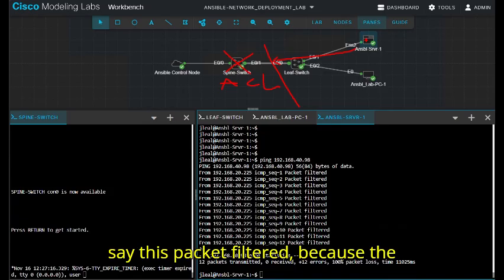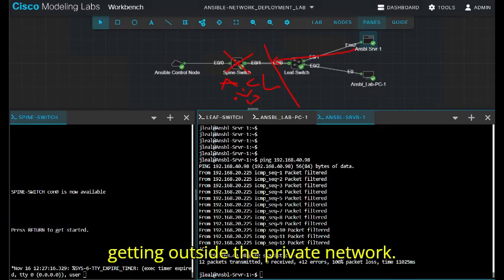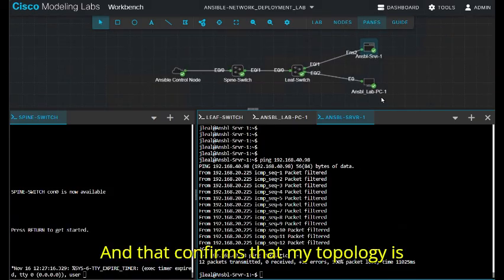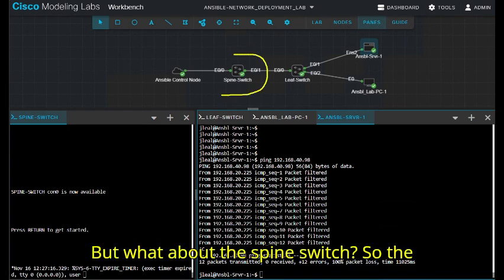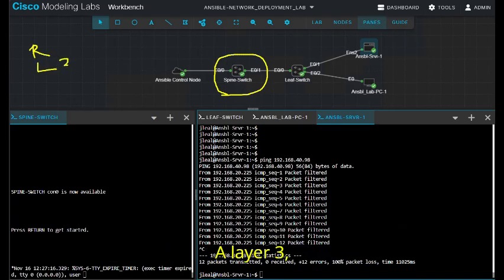So that is the reason why you see this packet filtered. As the Ansible server tries to ping the Ansible control node at the spine switch, it hits that ACL and that ACL automatically drops that packet. So the server is also not getting outside the private network. And that confirms that my topology is working, all the ACLs are working. But what about the spine switch? So the spine switch at this point is serving the purpose of a router, layer 3 switch, DHCP server,